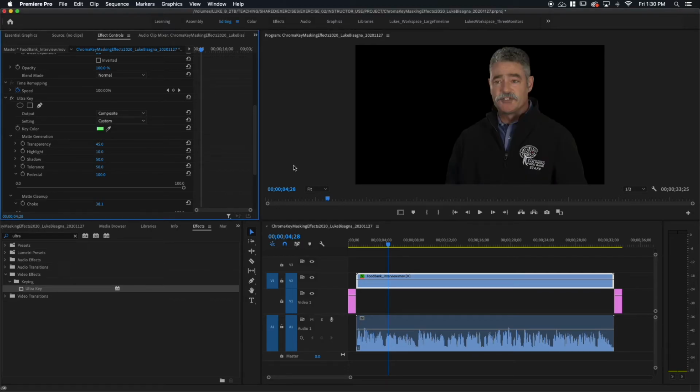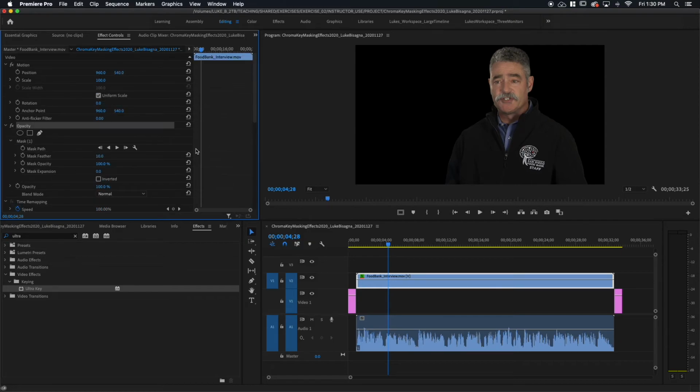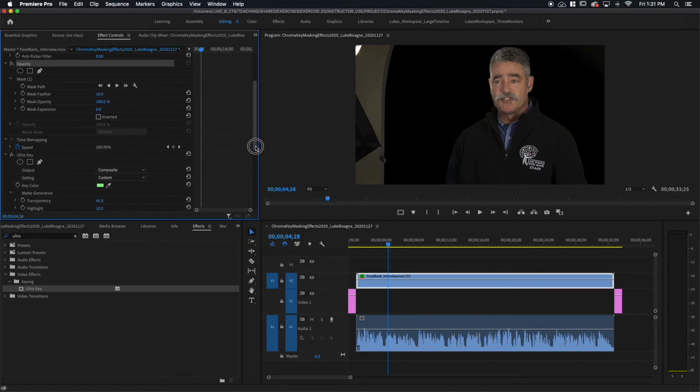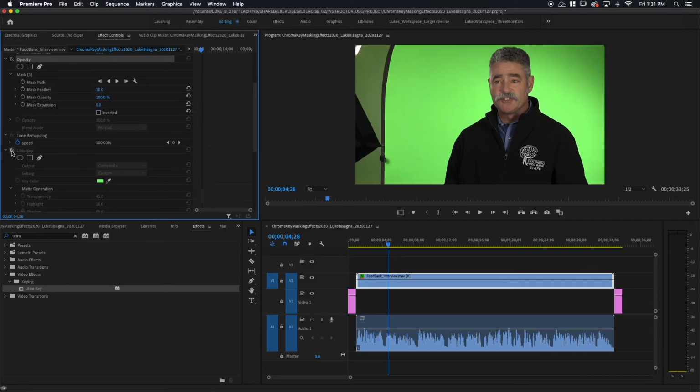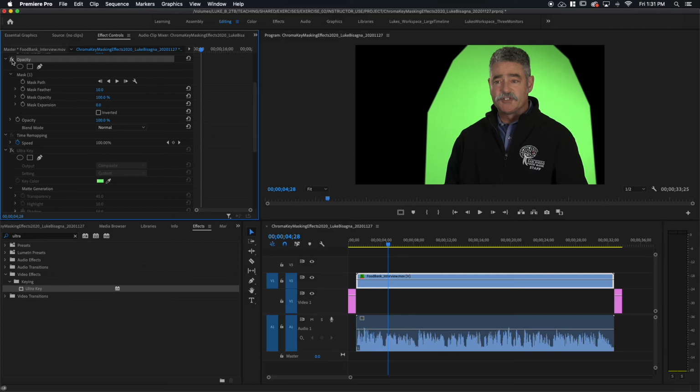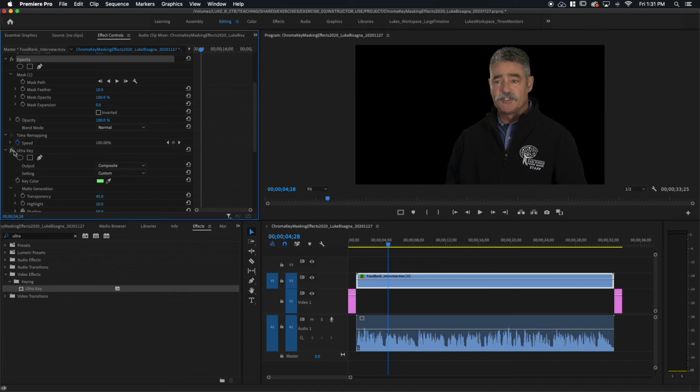Cool. So that is using an opacity mask to get rid of everything that we couldn't with our Ultra Key effect. Now, if I turn off the opacity mask, boom, that stuff comes back. If I turn off Ultra Key, boom, we're right back where we started. Now let's turn off just the opacity mask and not the Ultra Key. Look at that. We just cut it out. Now we turn back on our Ultra Key, bam, clean key. Looks really good. Super sharp, nice.